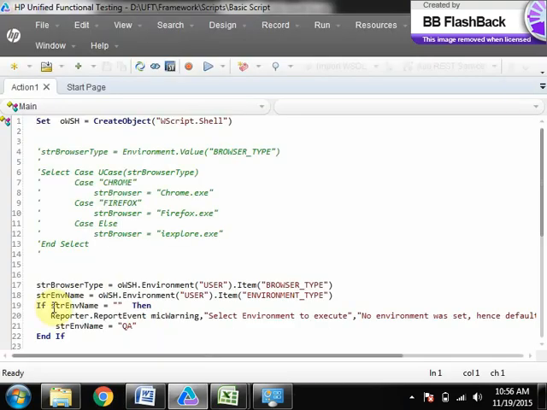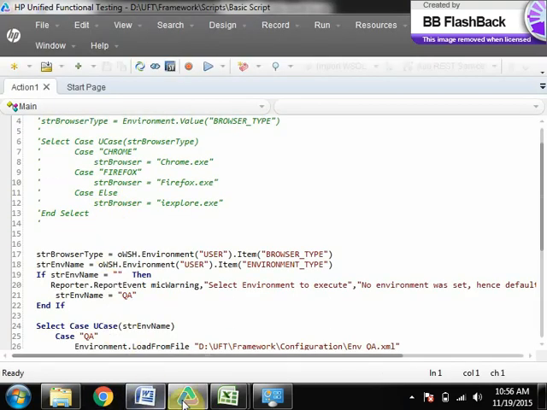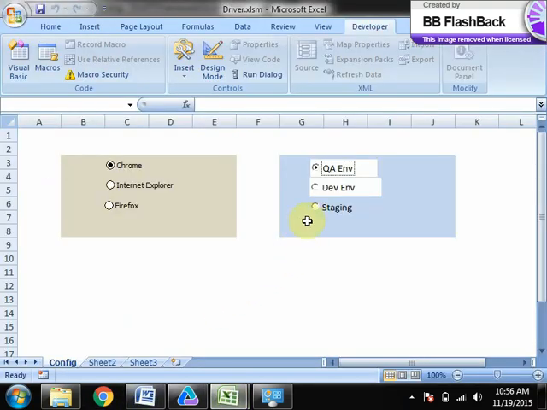Then I want to run in staging environment. One minute.